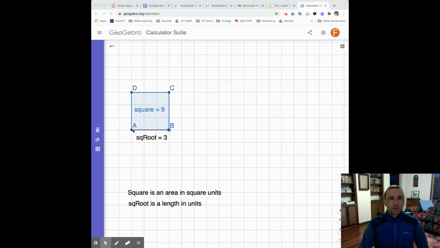We can think of the square root, the root being what it grows out of. This 9 square diagram has grown out of this root of 3. We all know that 3 times 3, or base times height, equals 9. 9 is considered the square number. 3 is the square root of 9. To change the size of my square,